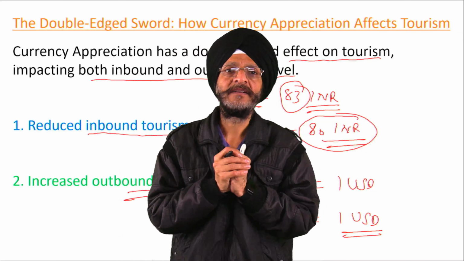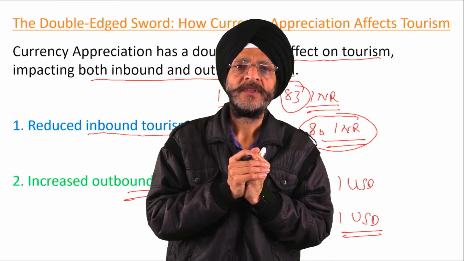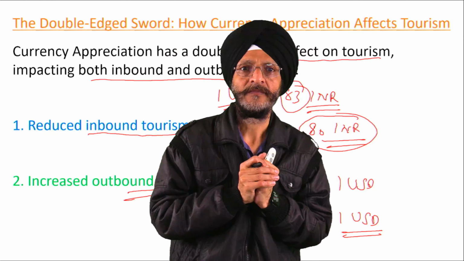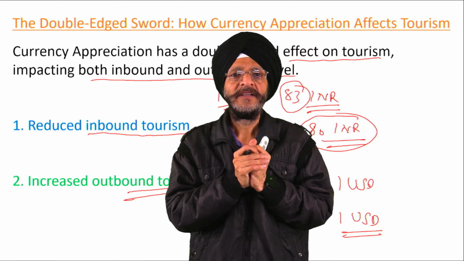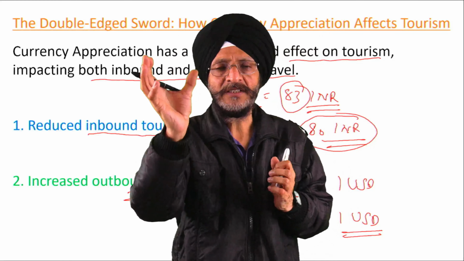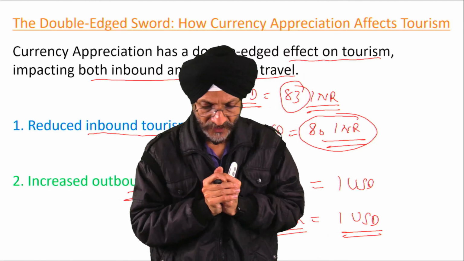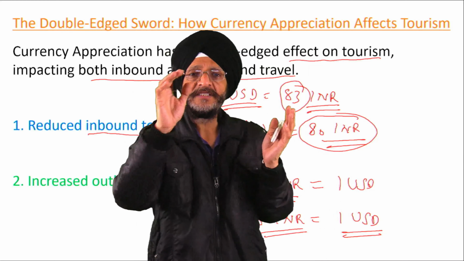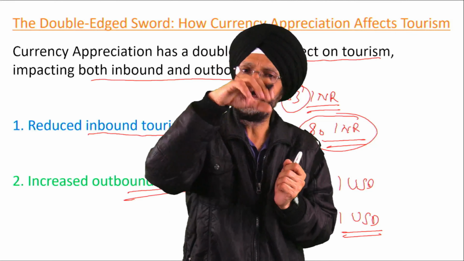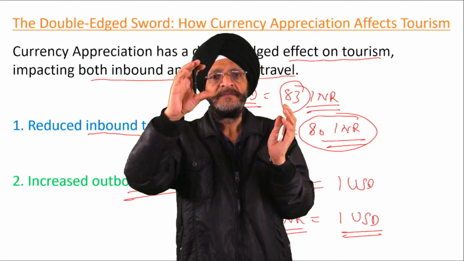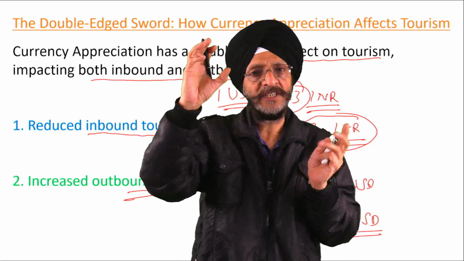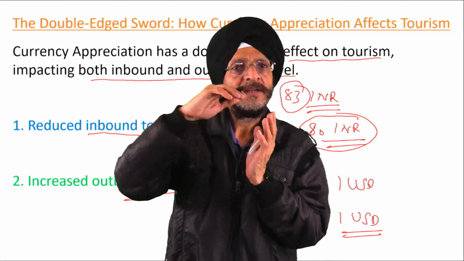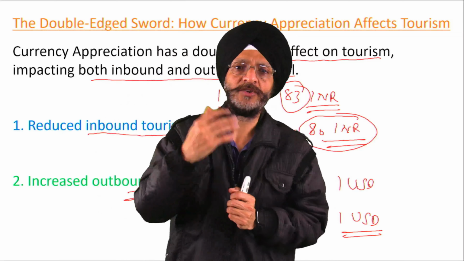However, it may be added that tourism of a country does not depend solely on currency appreciation. The tourism in any country is also affected by the political scenario in that country, what the unique attractions of that country are, and the safety point of view in that country. If a country is very much affected by terrorism activities, or there is some sort of disturbance in that country, then the tourism is likely to remain affected even though there is currency appreciation or any other steps.